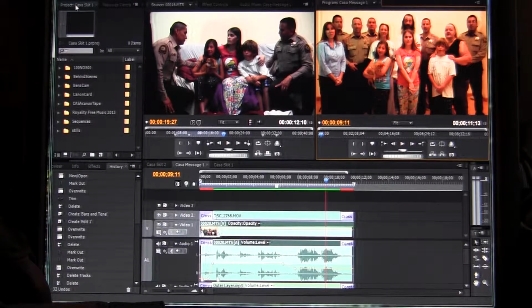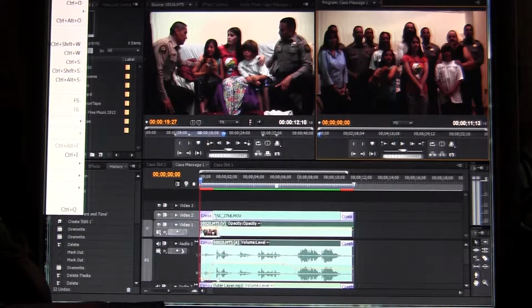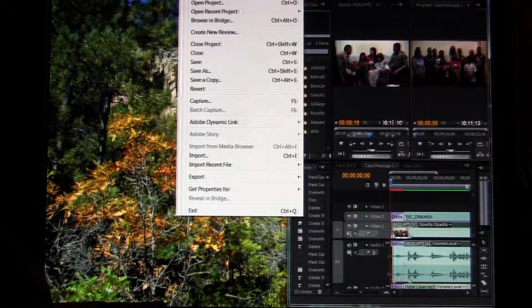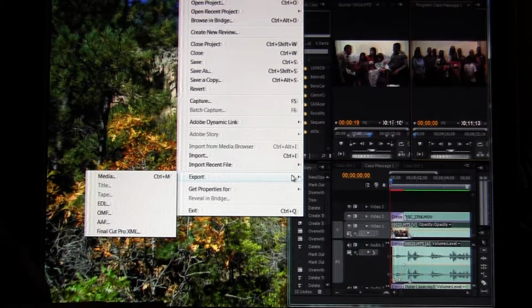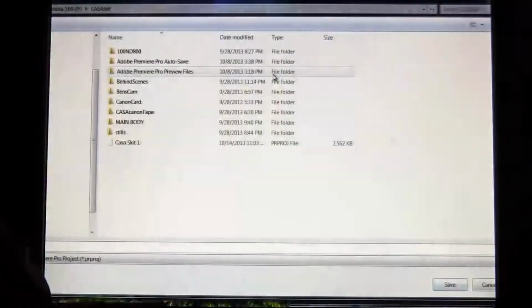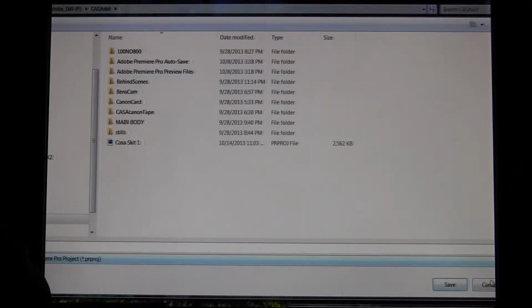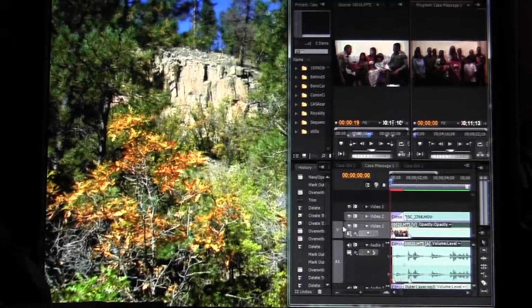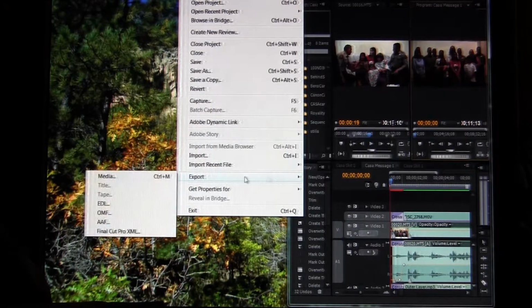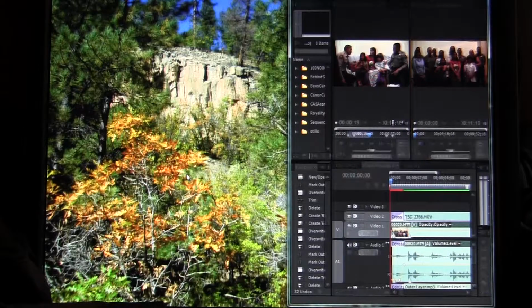Another option here, when you go up to File, oops, hold on, let me move that over again. Okay, File. Now, under Save As, there's a variety of things that you can do. Now, you know about exporting on this program already, and all the settings for that. So I don't think you need to worry about that too much. Under Save As, actually that's just where you save it at, so you know about that as well. So I don't think you need to worry about anything under here. The one thing nice about this export button though is that there is